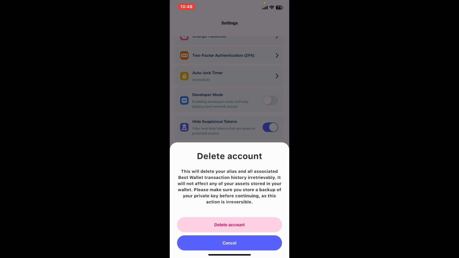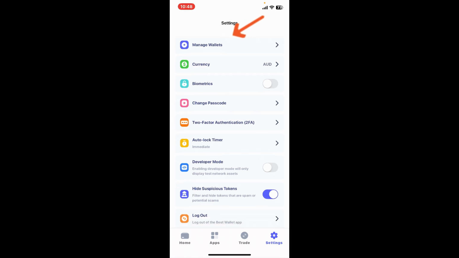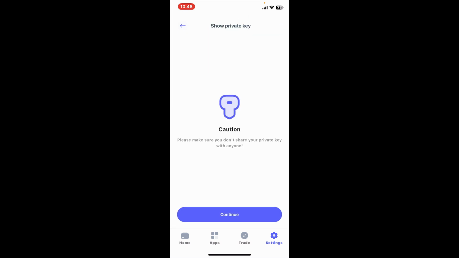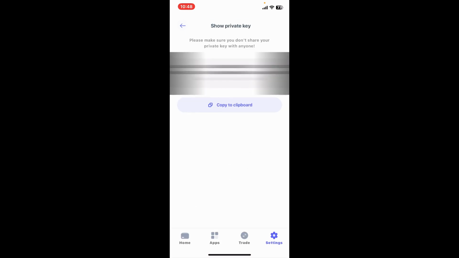If you want to back up before deleting your account, then you can go back and then tap on the Manage Wallets button inside Settings. Tap on your wallet that you want to delete or back up and click on Private Keys. Tap the Continue button and reveal your private keys. You might need to enter your passcode to reveal them. And once you reveal your private key, tap on Copy to Clipboard and paste in the private key in a